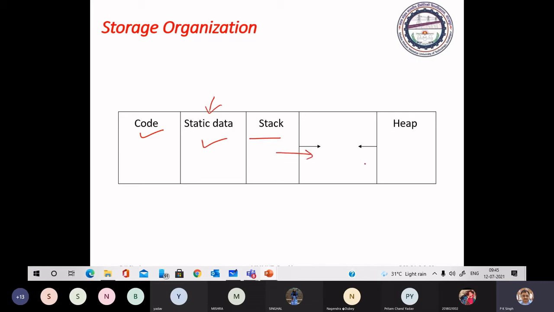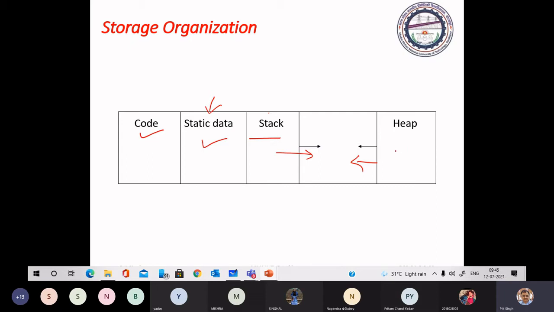Stack will grow in this direction, heap will grow in the other. We have discussed this stack. In the stack, we keep the activation records of various functions during their execution, and we keep appending the activation records for live functions under execution.